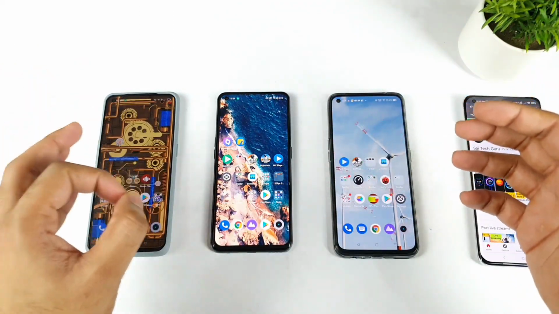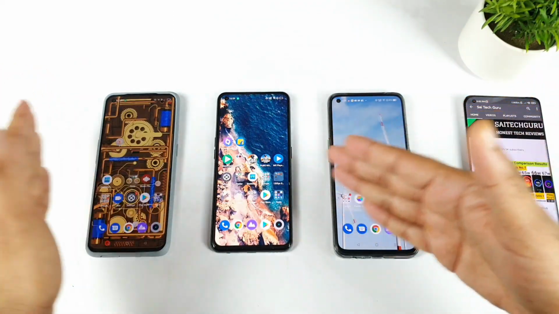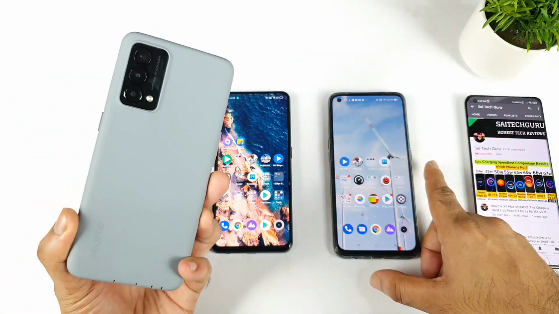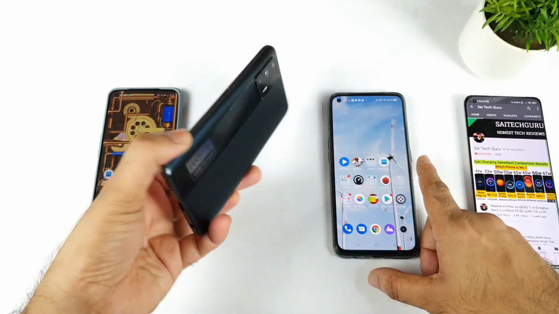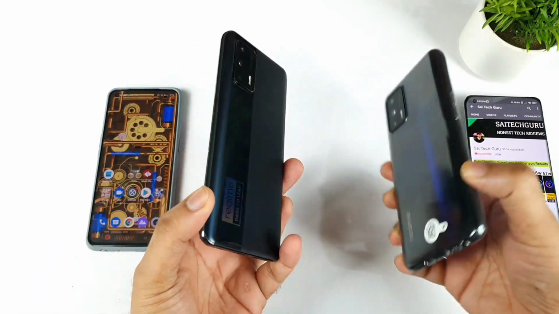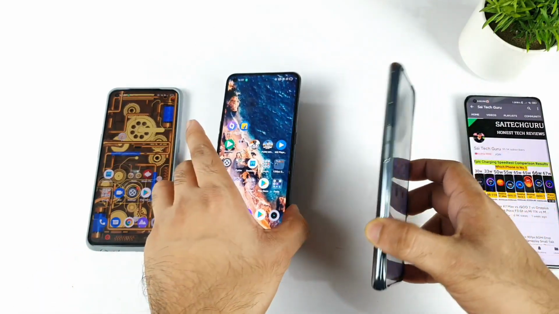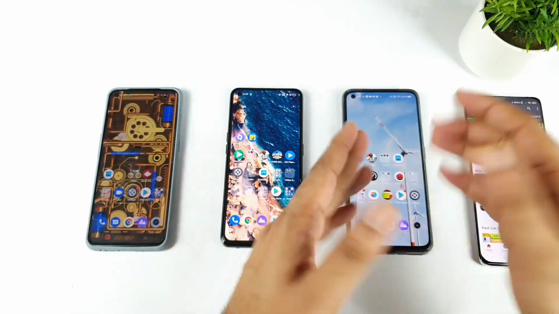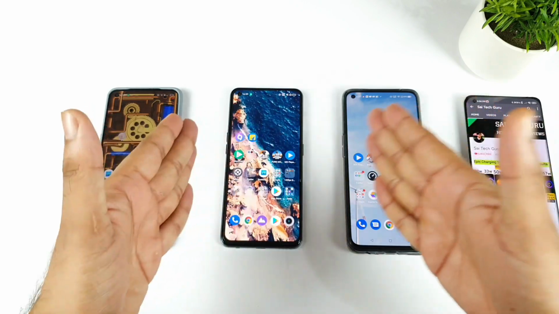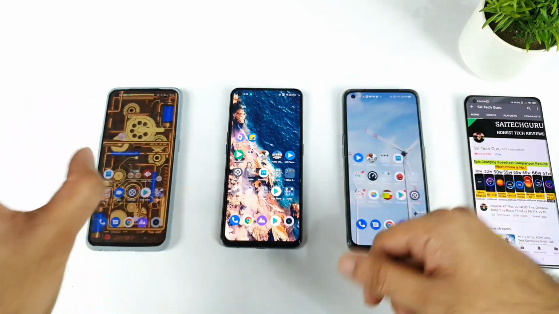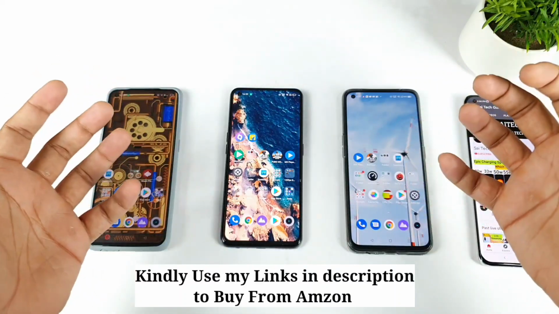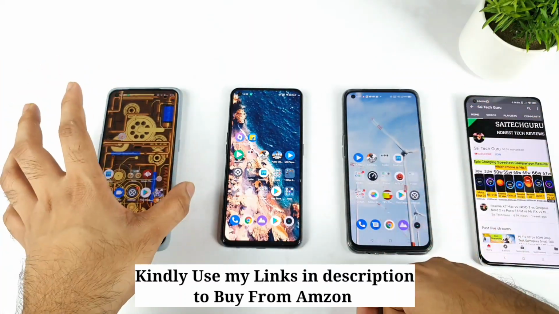In this video, I'm going to compare the touch sampling rate between these three Realme smartphones which I got right now. Starting with the Realme GT Master Edition, the next phone is the Realme X1 Max, and the third is the Realme GT. All three smartphones are priced at different levels. One is in the premium segment, above 30,000, one is close to 25,000, and one is close to 20,000 if you use the bank discount cards and extra exchange offers.